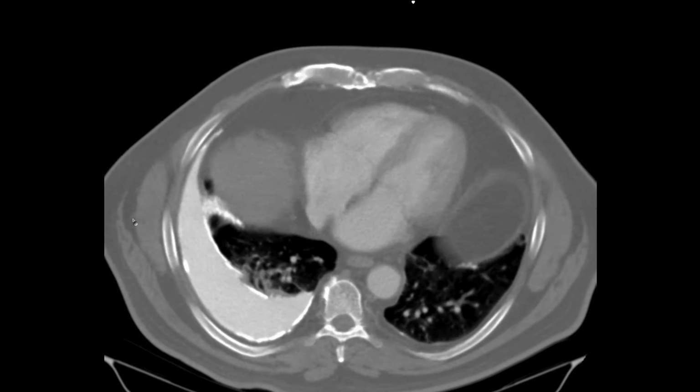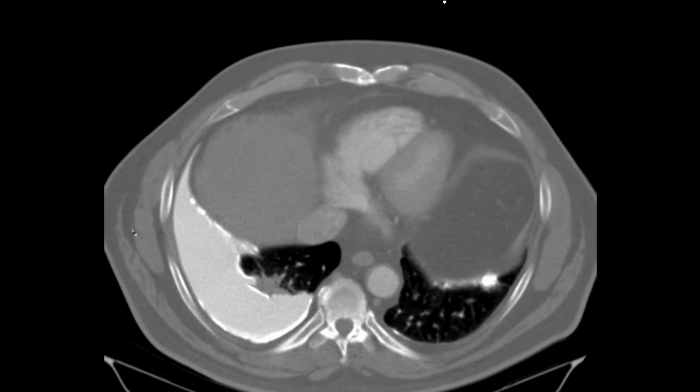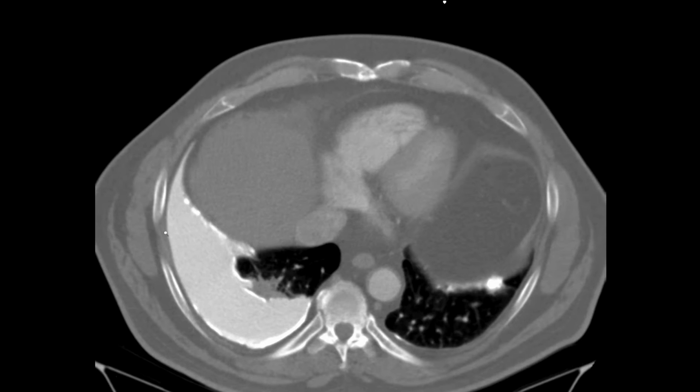And I don't know that he was symptomatic from this. He's getting worked up for cardiac disease, but it's a really nice radiograph. And I've not seen that before myself. Has anyone seen that or other cases like it, or have any other ideas other than calling it milk of calcium? No. No, I've seen one with that